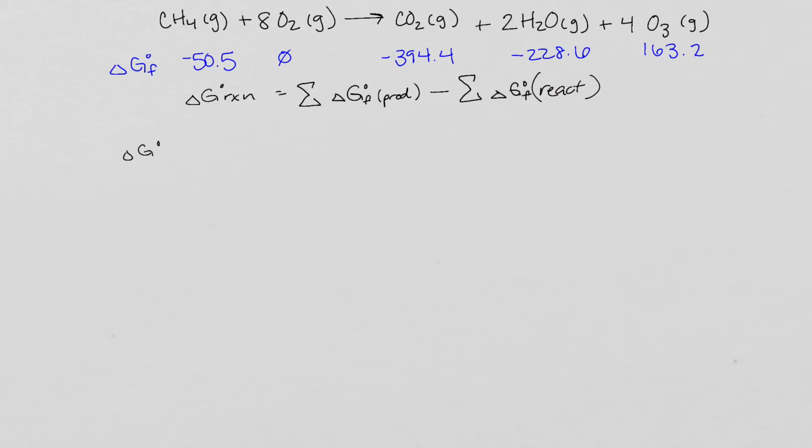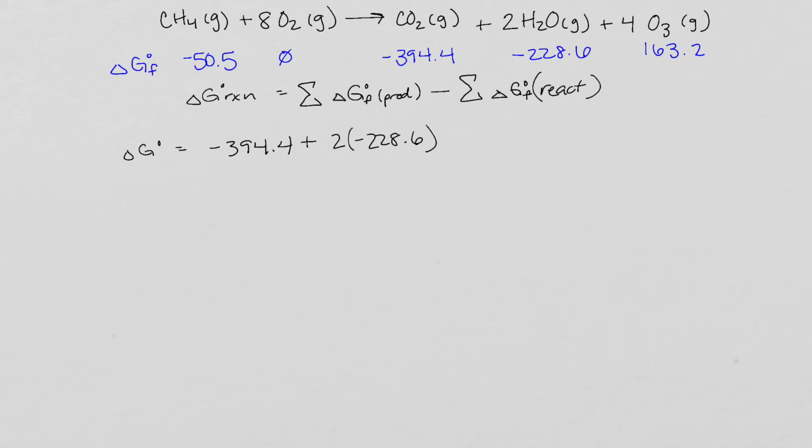So our delta G naught is going to be negative 394.4 plus 2 times negative 228.6 plus 4 times 163.2, and that is delta G of our products. And from that we will subtract negative 50.5,